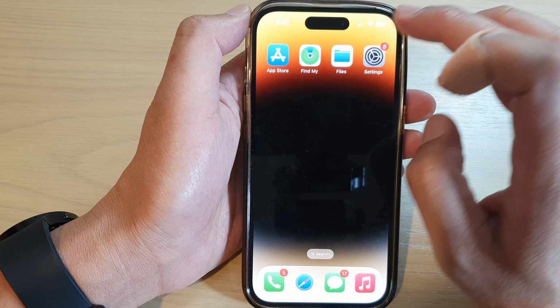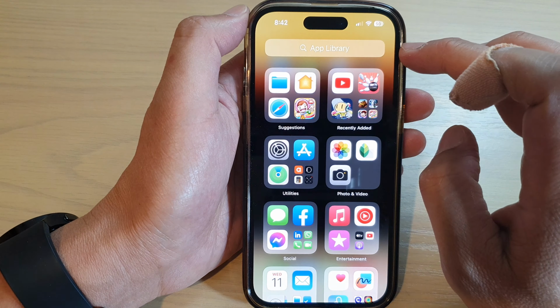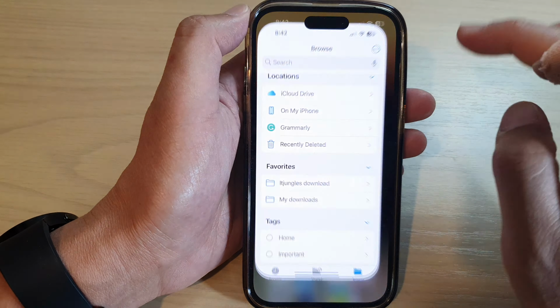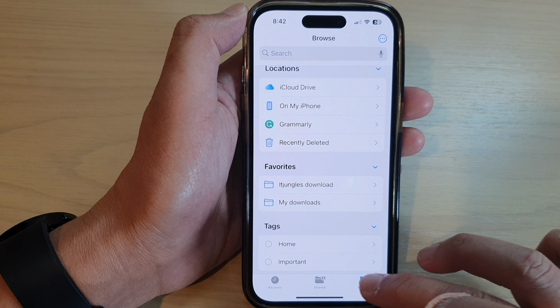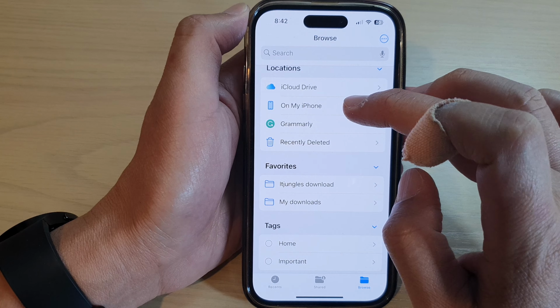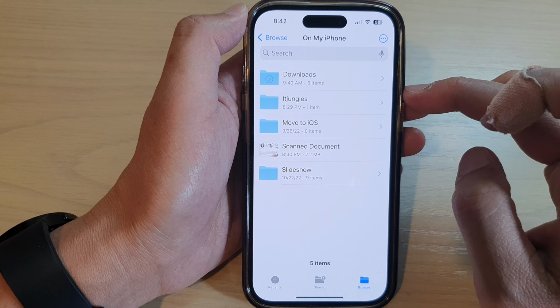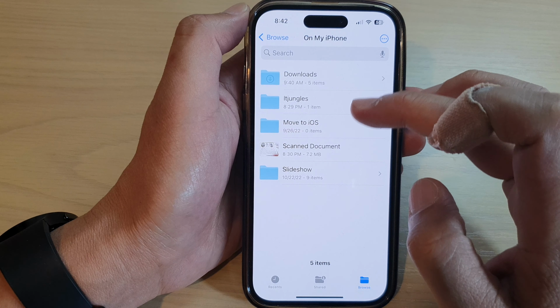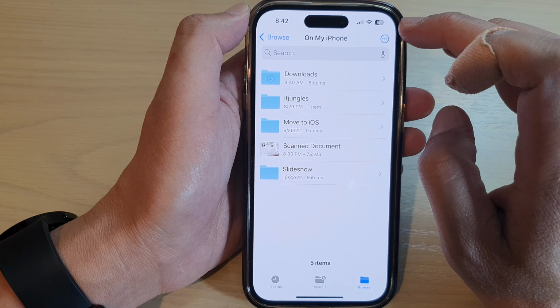And on the home screen, tap on Files, or you can go into the App Library and tap on Files. In here, tap on the Browse button and then tap on iCloud Drive on my iPhone. And in here, to change the way how the items are displayed on the screen, tap on the More button